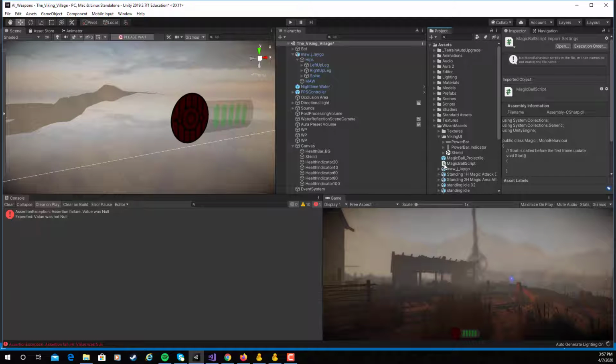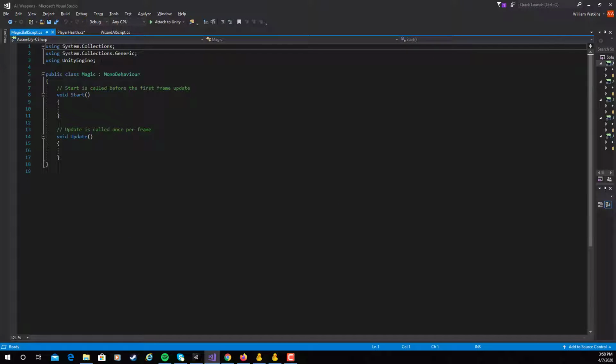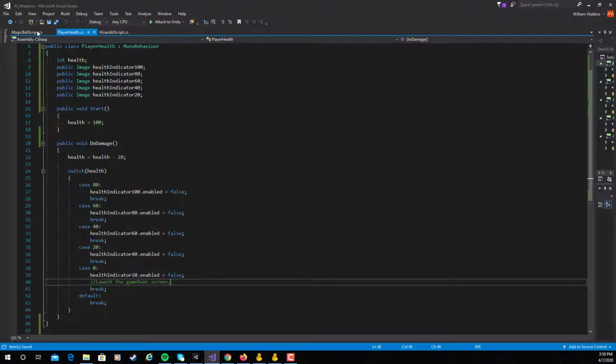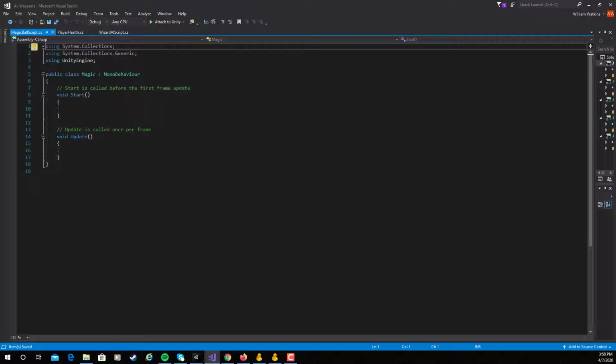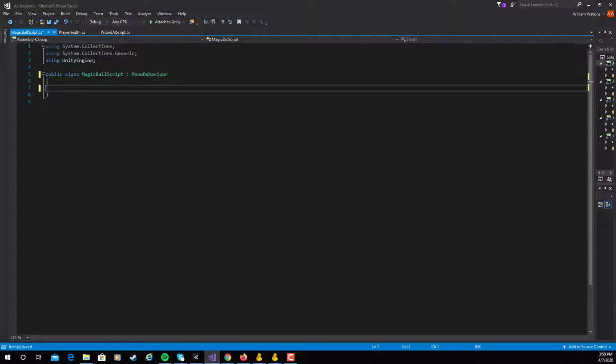And then we'll go ahead and edit this magic ball script to make sure it's talking to that do damage. So when this opens inside of Visual Studio, yes, go ahead, that's fine. Magic Ball script, let's make sure that's saved. Magic Ball script, let's make sure that these match. Okay, Magic Ball script, it's going to be important that this is just coming in and knows when it's hit